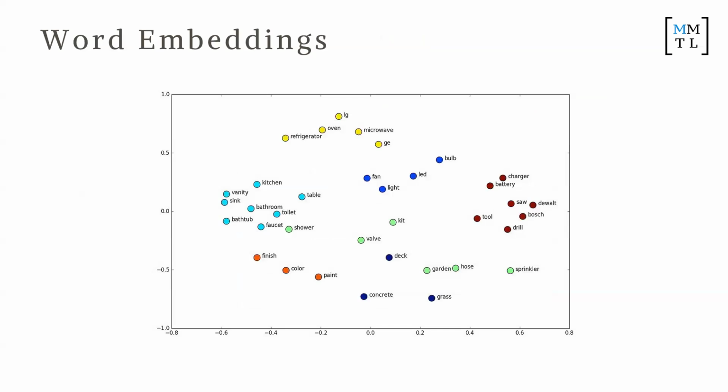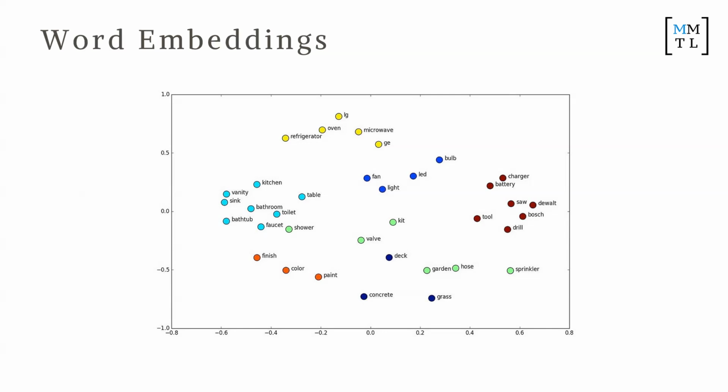Now, word embeddings were really cool for some time. People were creating these in the mid-2010s, where they would insert a whole ton of words and then see where the word embedding comes out. For example, in this example here, all the bathroom related stuff is in teal and grouped together. All the electrical stuff is grouped together in brown, stuff that's related to your backyard, stuff that's related to your kitchen. So it actually learns the different relations between things.